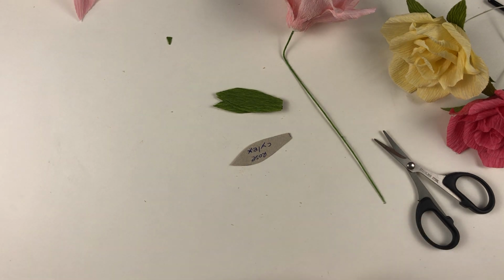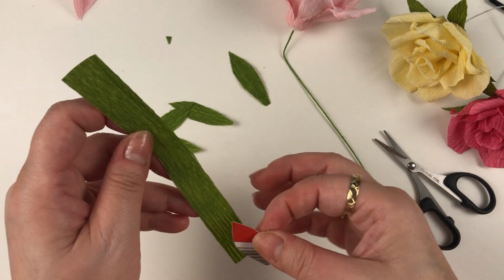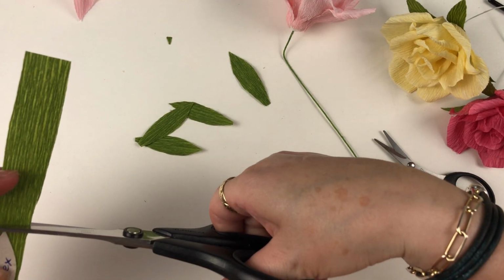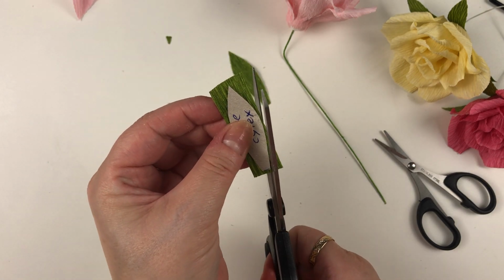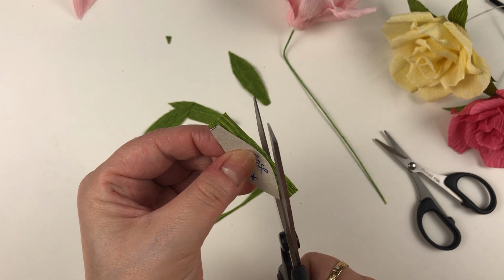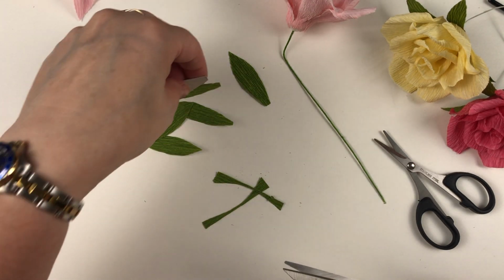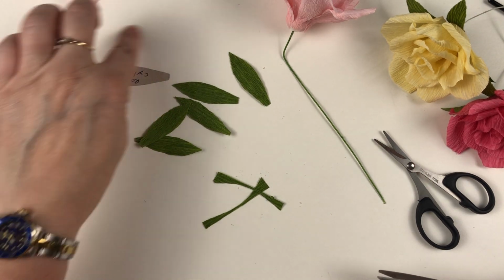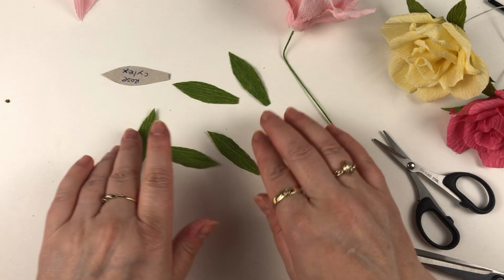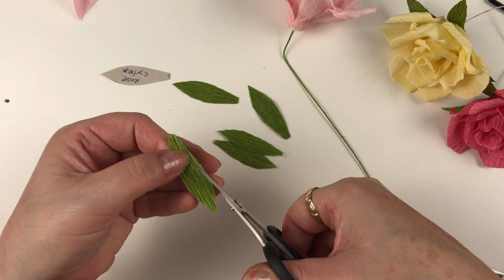Always remove your excess. Now you do actually need 5 of these. I think I've cut 4 there, so I'm just going to cut one more piece out. So always do one half and then turn it round with the other half. Don't struggle and try to manage turning the scissors. Okay, so once we've done that, now if we want to, we can do little snips